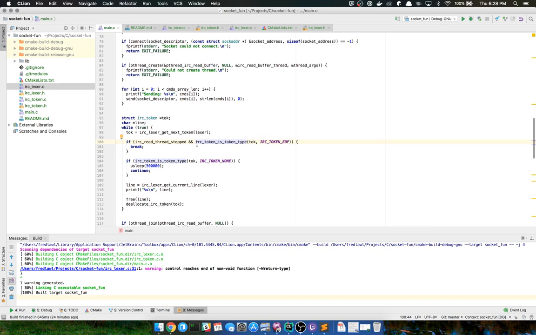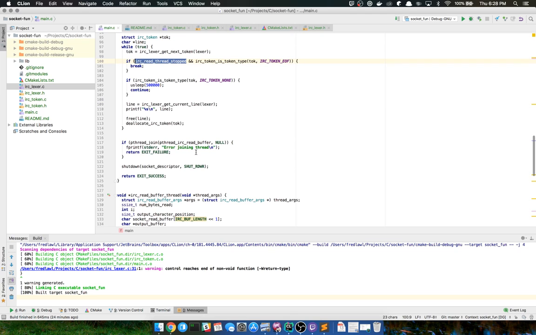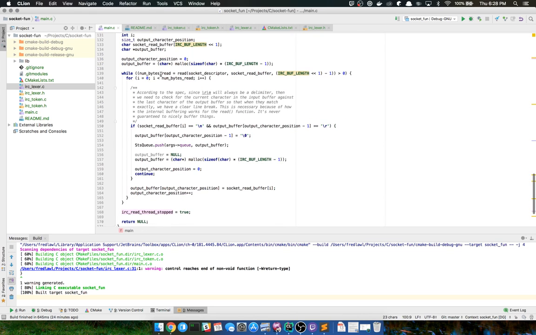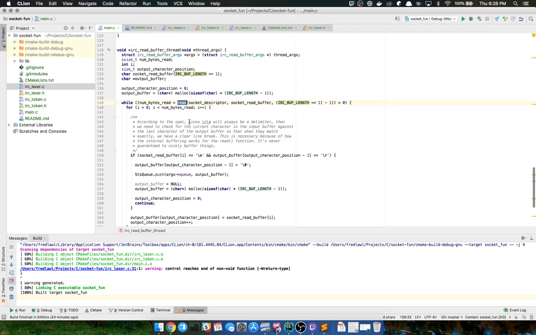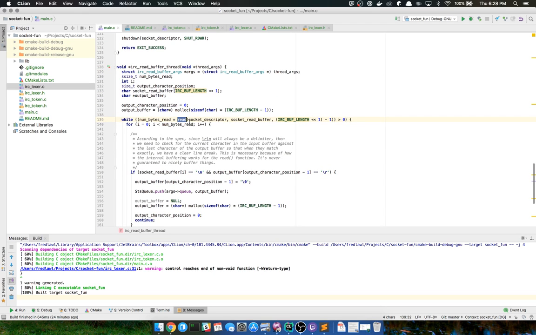Yeah, this is a bit of a problem for me because I don't know when it's going to be EOF. Because the only thing that really determines whether it's EOF or not is if the thread is stopped. I said in a previous video that this read is a blocking call on this thread.